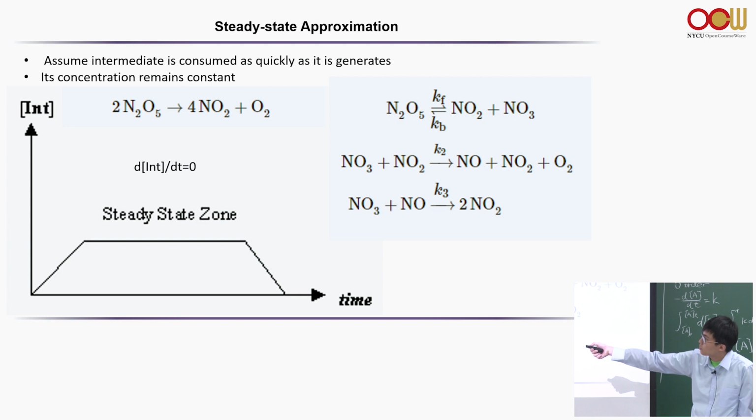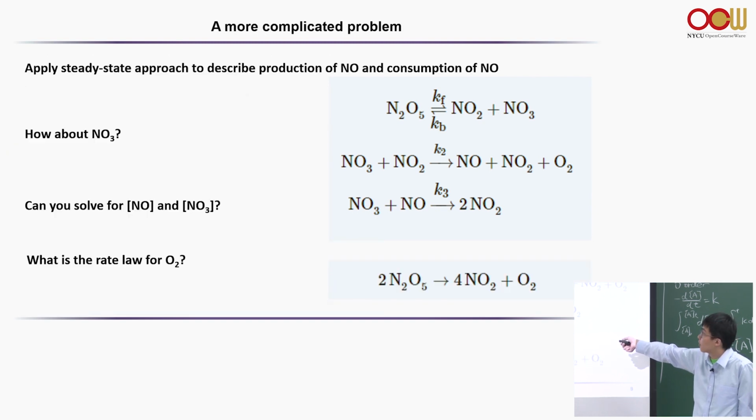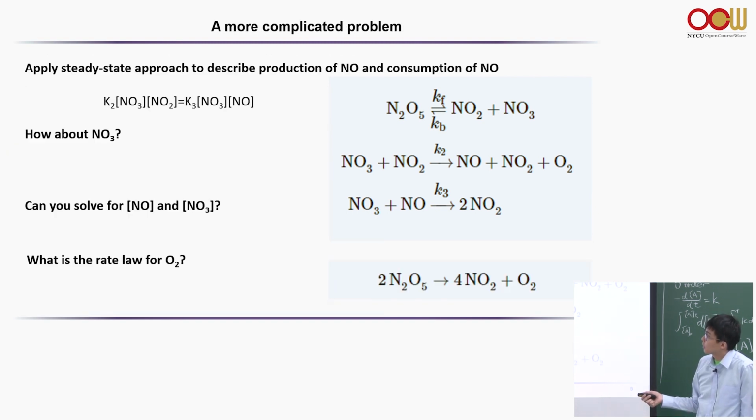This is the steady state approach, because I already mentioned, this is not in the final product, right? So it must be consumed somehow during this reaction. So it's an intermediate that will have a very short lifetime in your reaction. So based on this rate law, you can solve for, no, actually you can't solve anything yet. But I guess now you're using this method to solve for NO3, okay? So look at how NO3 is being produced, and look at how NO3 is being consumed.